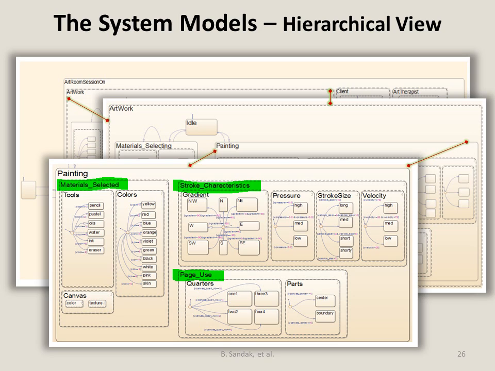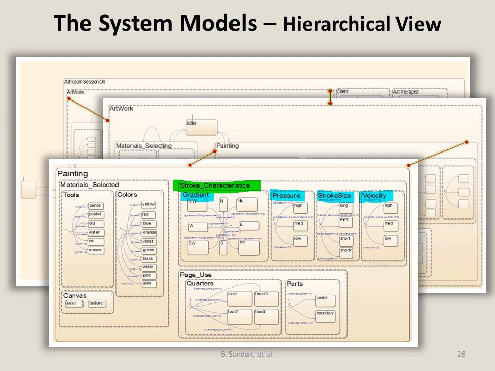Within these states there is further decomposition into substates. The material selected state, for example, is modeled by a range of color and tool choices that specify the current stroke being executed. The attributes specifying the canvas color and texture occur in parallel, and here their options are fixed. The stroke is also tracked for its drawing direction, or gradient, the pressure exerted by the tool drawing it, and its size and velocity. These attributes are modeled as concurrent, simultaneous states within their stroke characteristics parent state, and each